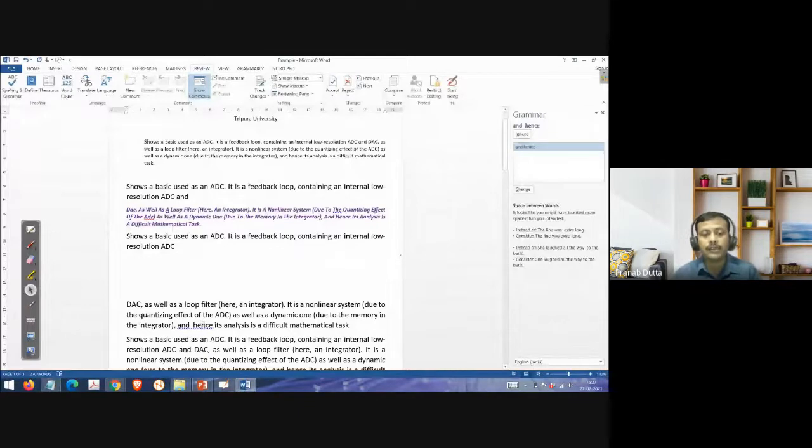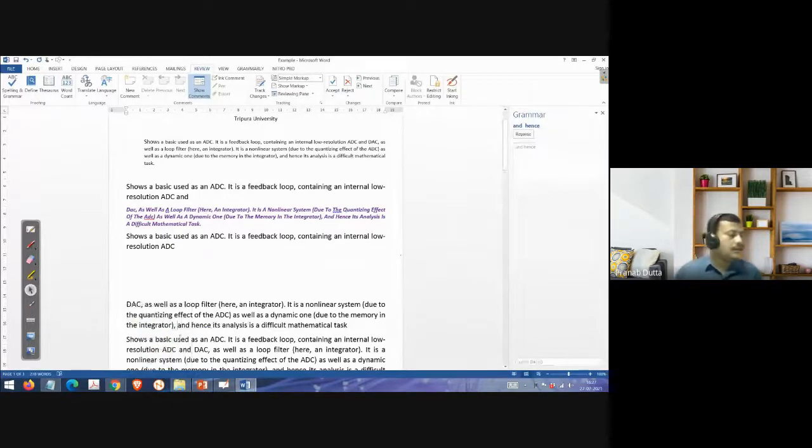Right click it, and because an extra space is there, it is showing a blue line. That means in the context it is not correct. Both words are correct, but because there are two spaces, it is showing a blue line.